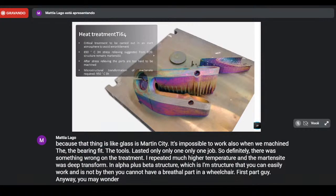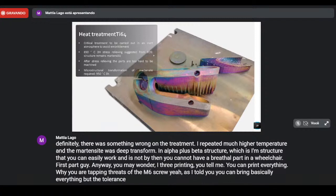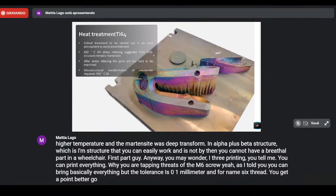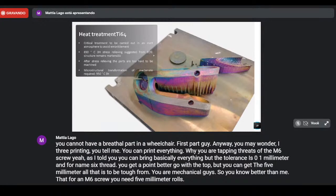Anyway, you may wonder, 3D printing, you tell me you can print everything. Why are you tapping the threads of the M6 screw? Yeah, as I told you, you can print basically everything, but the tolerance is 0.1 millimeter. And for an M6 thread, you get the point. Better go with a tap. But you can get the 5 millimeter hole that is to be tapped. You are mechanical guys, so you know better than me that for an M6 screw, you need a 5 millimeter hole that is later tapped with